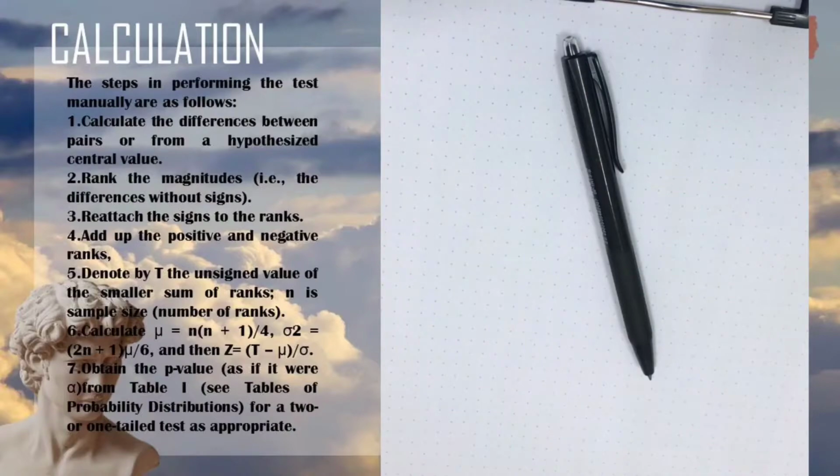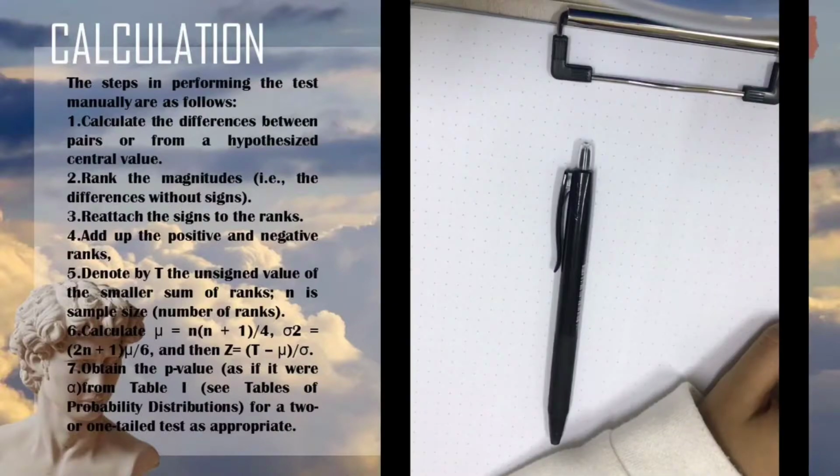Well, we already calculated the differences for each pair. We found the absolute values of the differences. We ranked the absolute values from smallest to largest. We added plus and minus signs to the ranking based on the sign of the differences. And now, the next step is I'm going to compute two numbers, which are